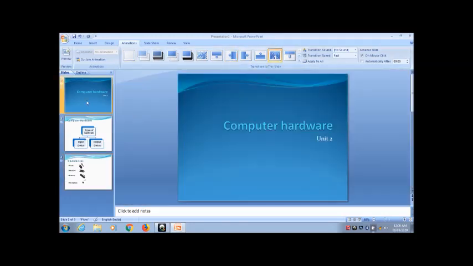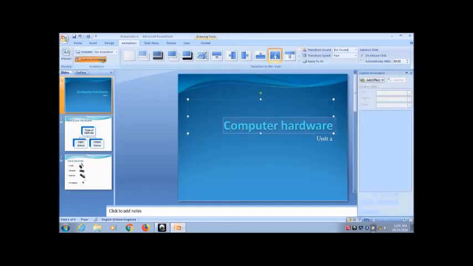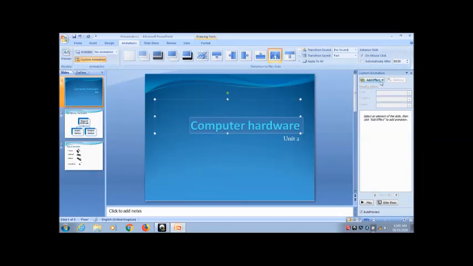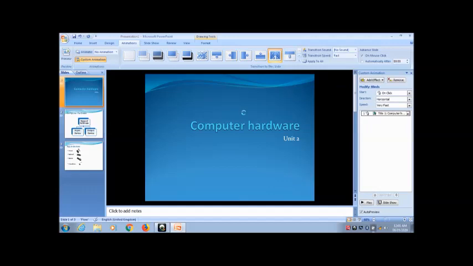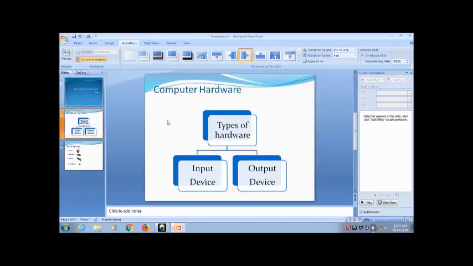Now if I want to put animations on my text as well, I can do that too. Select the text on which you want to put animation, then from here choose custom animation and add effect. You can put any kind of effect.